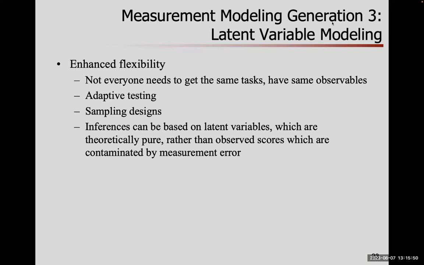Adaptive testing: not everyone needs to see the same tasks or activities. Oh, I see you perform in this way; I'm going to ask you to tackle these problems next. Somebody else performs differently; I'm going to give them a different follow-up set. Adapting the assessment to the individual. More complex sampling designs, that is, if we're not taking simple random samples. And the idea is that inferences for individuals might now be based on the latent variables, not a total score. Theoretically, the latent variable is what we want. It's the pure representation of the construct, no longer clouded up by all that measurement error.